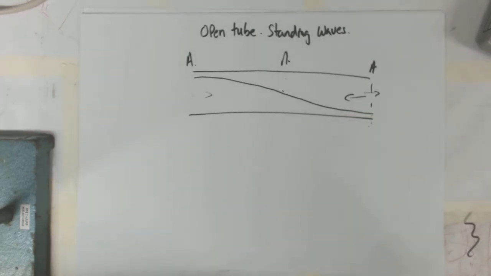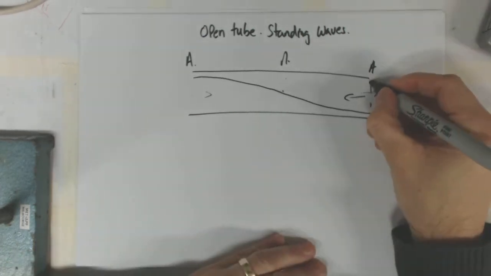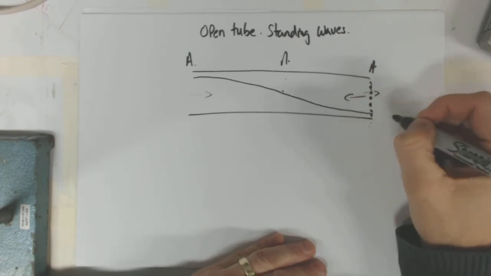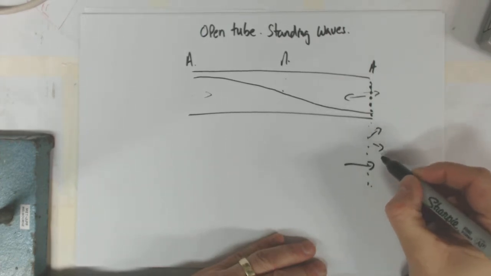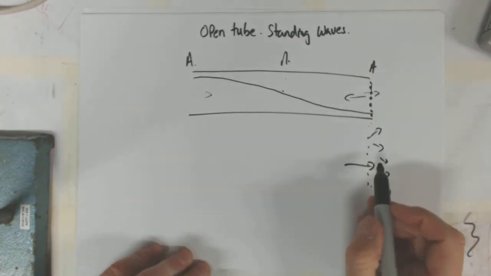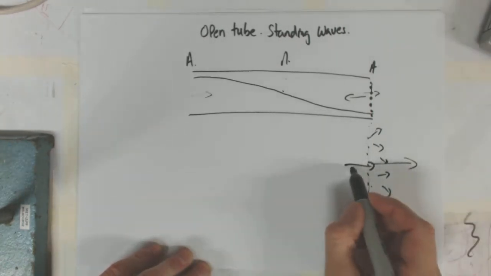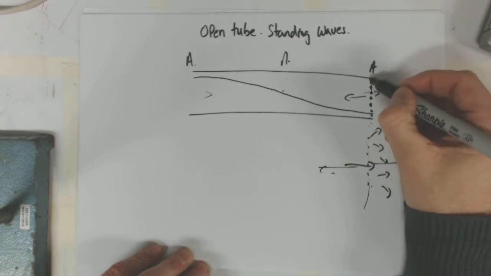There's no change in velocity there. We can talk a little bit about air pressure, but the explanation I like for this is to do with momentum. A wave is always acting as a source of itself, if you like, anywhere. A wave traveling through the air acts as a source in 3 dimensions, spherically. It's always doing that. But without the tube, we don't have a wave moving out this way and creating a backwards wave. So why do we get a backwards wave when we have the tube,